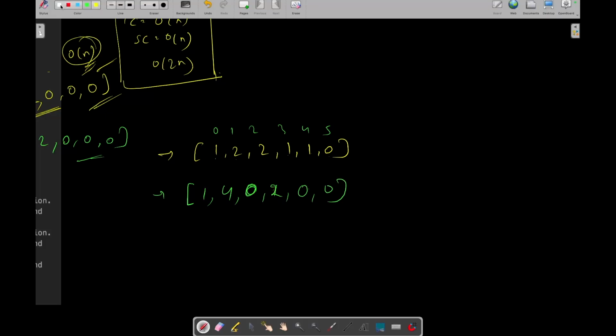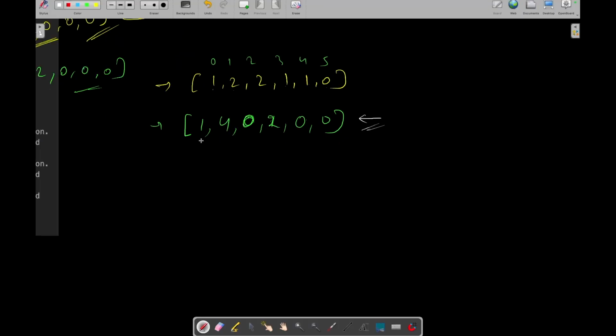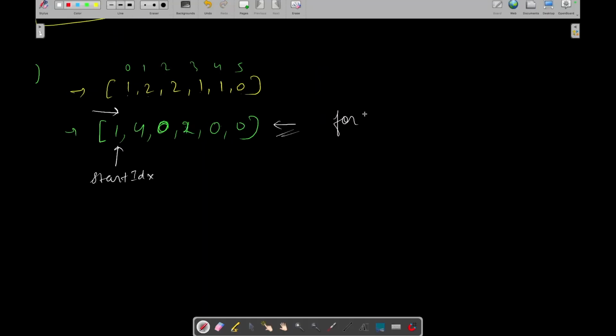Now what can we do to bring all the zeros to the end in this vector only, without creating a separate vector for this? So can we keep one pointer at this index, let's say start index, and just keep iterating on this vector. Let's say we have started iterating in our nums with the I pointer.